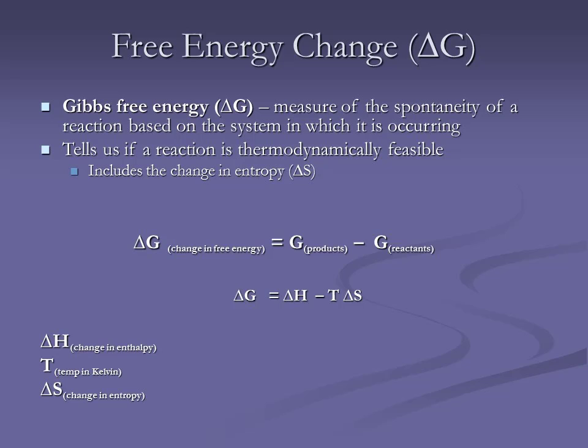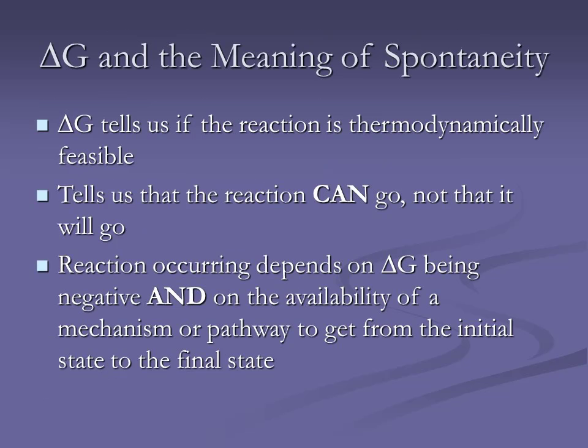Now, why do we even care about all this stuff? Well, because you're telling us we have to. No, it's because this free energy is going to tell us if a reaction is feasible. And feasibility refers to thermodynamics, the release of energy versus needing energy to happen. But that delta G is going to tell us if a reaction is feasible, if it can happen, but not that it necessarily will. You have to have very certain conditions for some reactions to be feasible. Others, it's going to be feasible over a broad range of conditions.